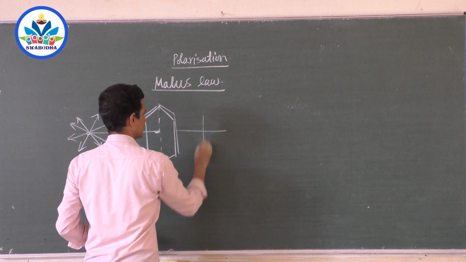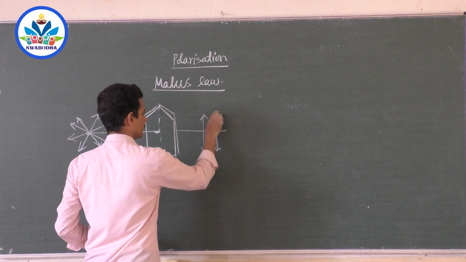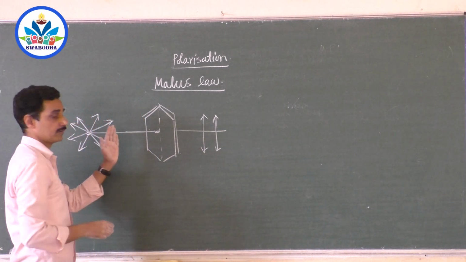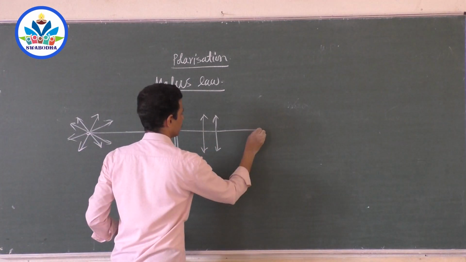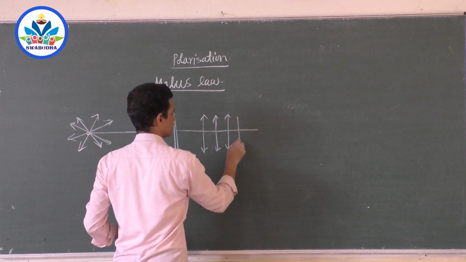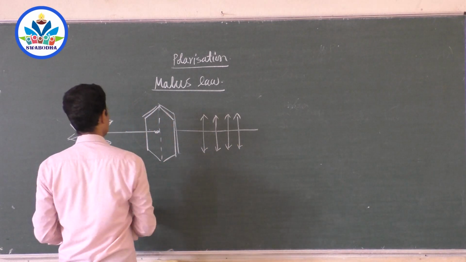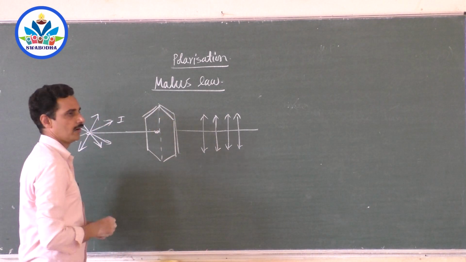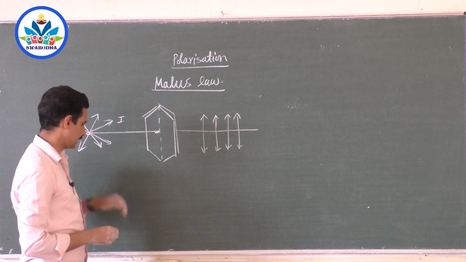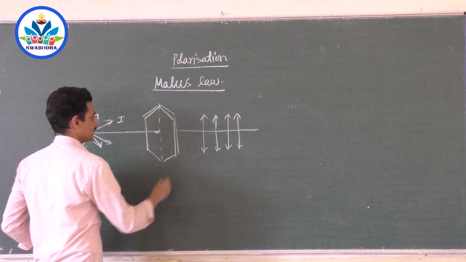Now what about the intensity here? Of course intensity reduces because we have lost many electric field vibrations, and the electric field will contain only vibrations in a particular plane. He says that if I is the intensity of the incident light,